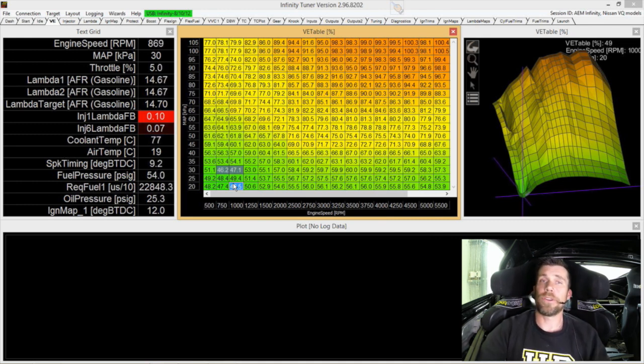So if you've gone through either our practical road tuning or practical dyno tuning course, you'll know that the first step in this whole process, even before we consider acceleration enrichment, is to make sure that our VE table or our fuel table is properly tuned to start with. We really want to see this accurately tuned, and I'd like to see no more than a few percent variation